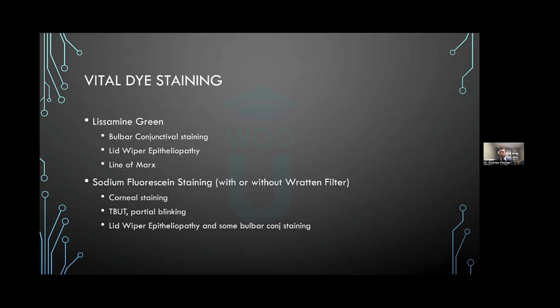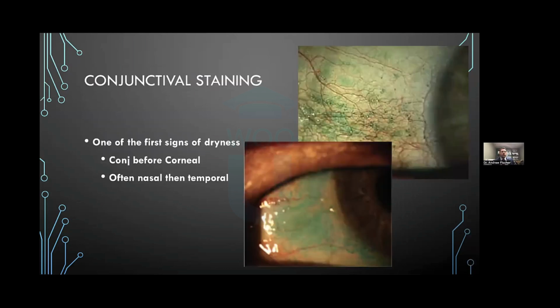and basically that's just after the fluorescein is in the eye, I'll evaluate the patient's blink, and you can kind of tell where the fluorescein covers their eye and doesn't after they blink. You can also see lid wiper epitheliopathy and bulbar staining here. I typically prefer, especially with the fluorescein, to try to not use anesthetic on them. It is more viscous. It does not give us as accurate results for tear breakup time. And it also anesthetizes the cornea to a point where their blink rate typically is a little bit more decreased as well, because they don't have the sensation of their cornea after you put those drops in.